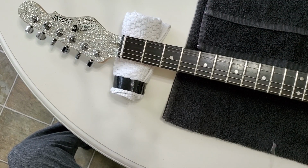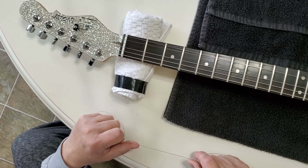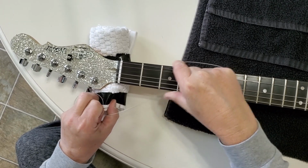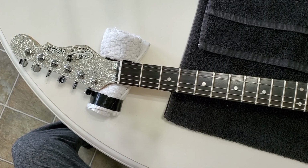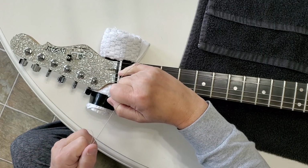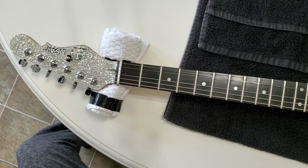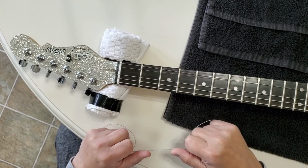Whew. I'm almost nervous doing this because if you get this wrong, if you're not comfortable doing this, guys, take your guitar to a luthier and let him do it. Because if you mess this up, then you got to replace that whole nut. Or, you know, there are some DIY things you can do, like put super glue down in there, but then you have to do all this again and get the height right and all that stuff. So if you're not comfortable messing with your guitars like this, like I am,